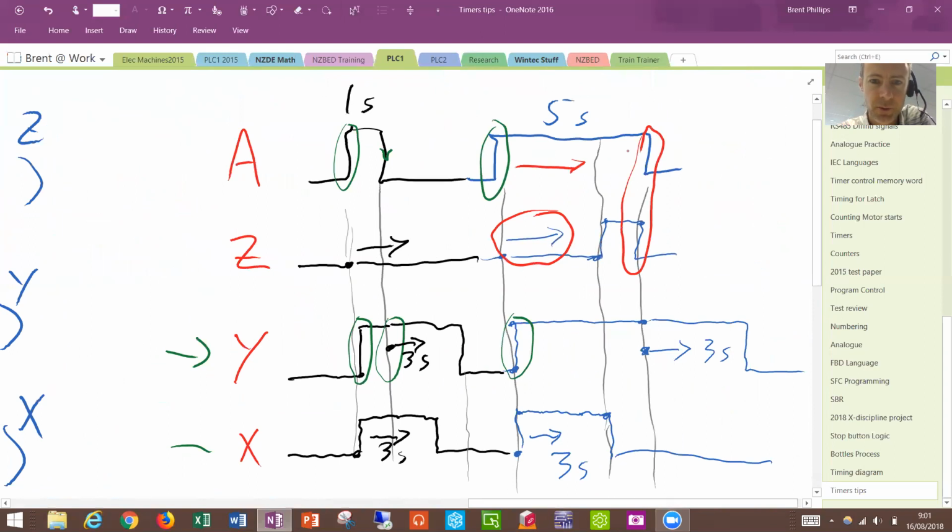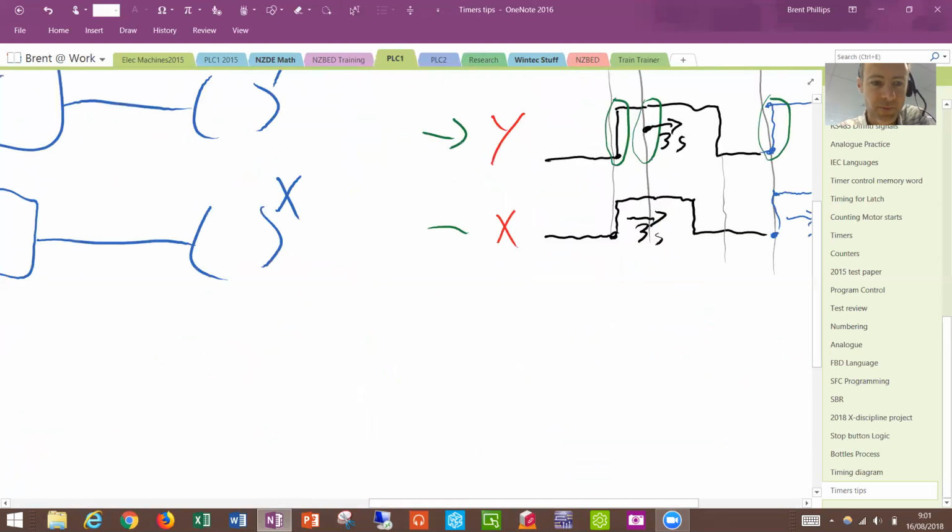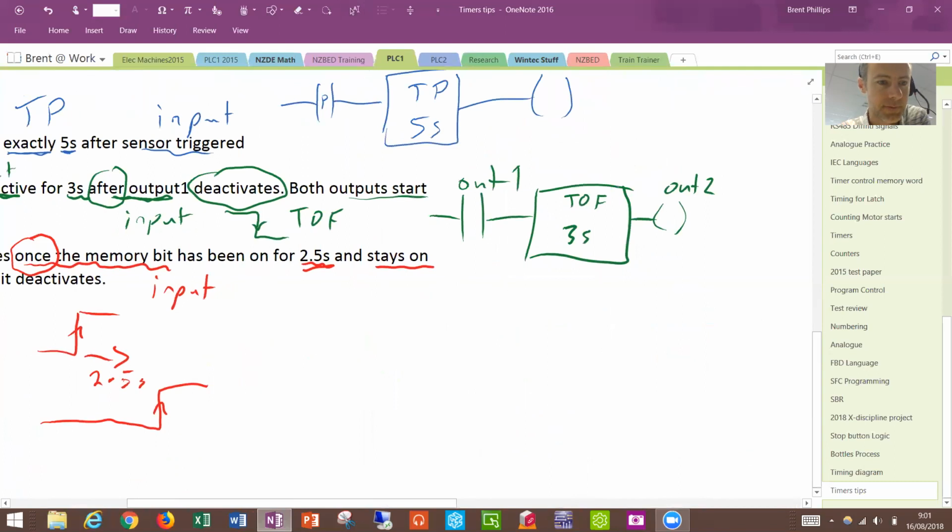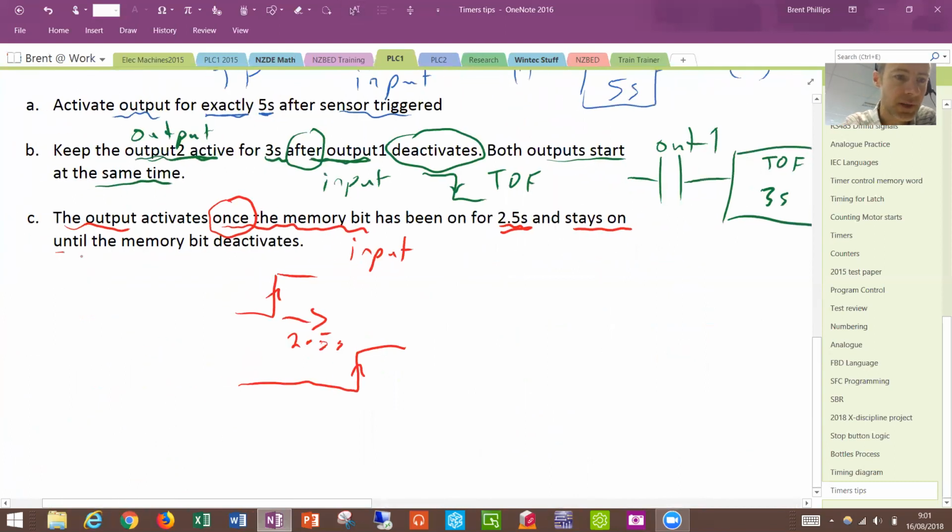So I think that was also one of the requirements in this short problem. Yeah, it stays on until it deactivates. So meaning that when that one turns off, the falling edge there, then we have to get a falling edge on our output at the same time. So yes, all of those clues, they tell us that the T on is the right type of timer